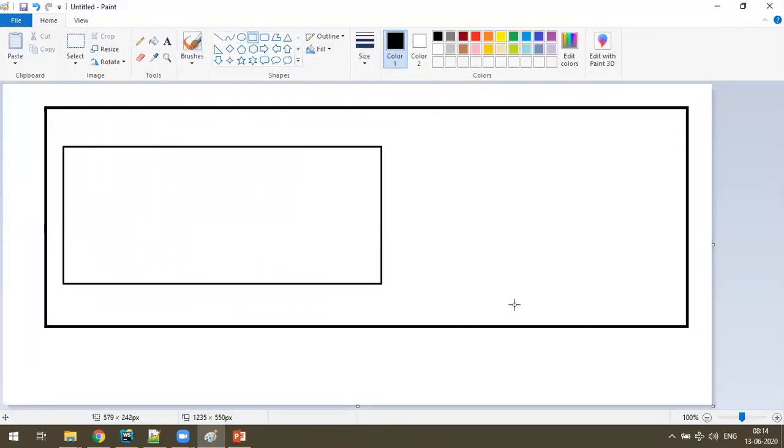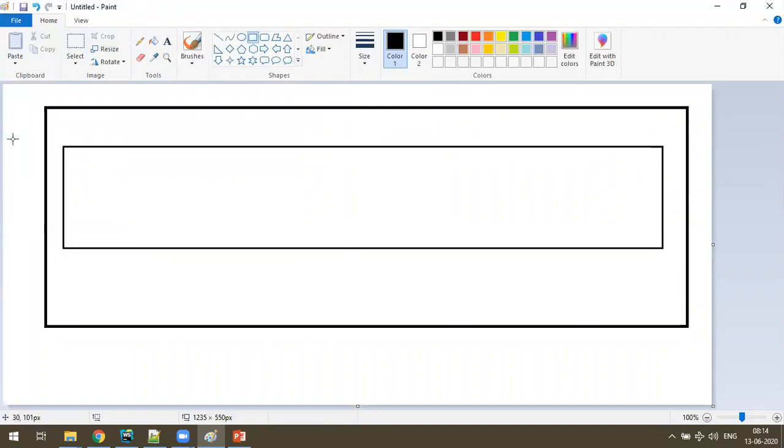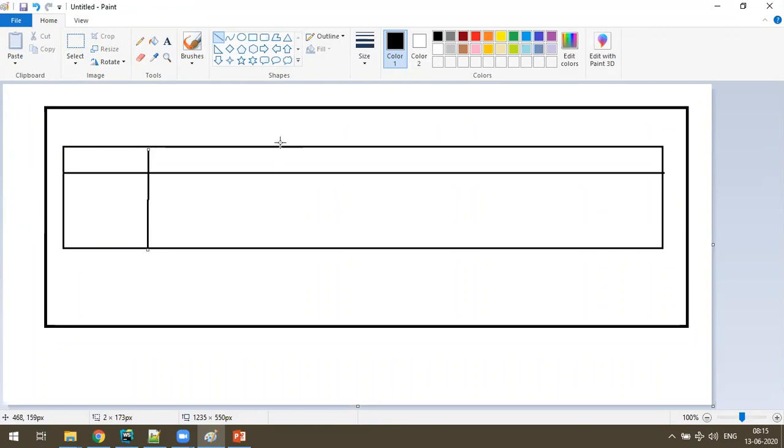Here I want to display some items. Let's take a table like this. And here I create some symbols.